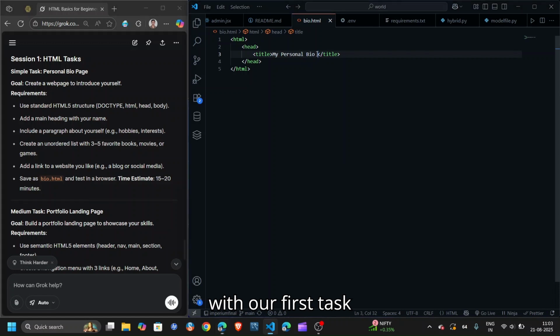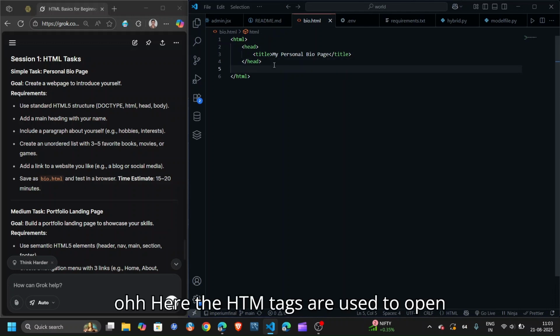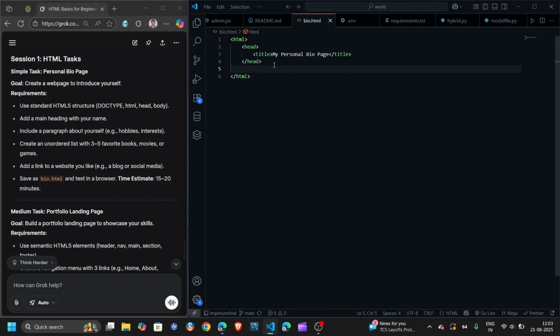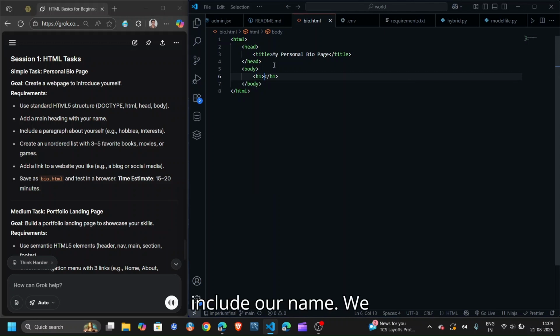Our HTML first task was to create my personal biometric page. Let me give an extremely detailed introduction to how to do it. Here, the HTML tags are used to open and close, and then the head tag, which is used to include the details, the title, and then we are going to create a body tag. In the body, we are going to include our name, background,